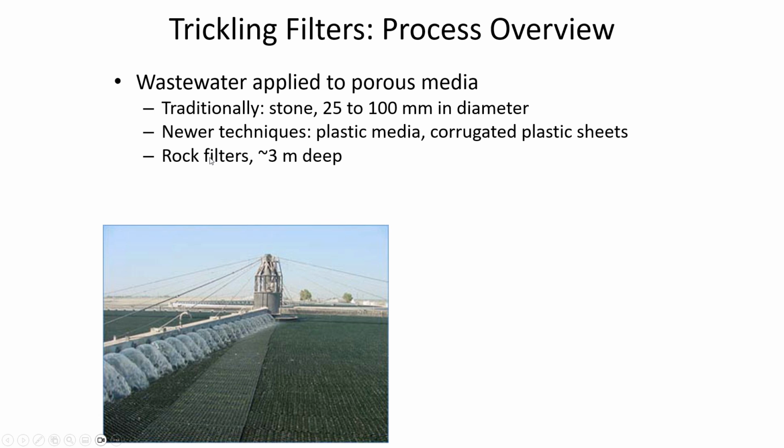Traditionally, stone would be used as the porous media. More recently, they found that plastic is a lot lighter, and you can increase the specific surface area by using plastic. Specific surface area is, in a cubic meter of volume of the trickling filter, how much surface area is there for the microorganisms to be growing on? And you don't want to make the pores too small, because then that would clog easily. And so there's kind of a happy medium between the plastic media size to allow the slime layer to get